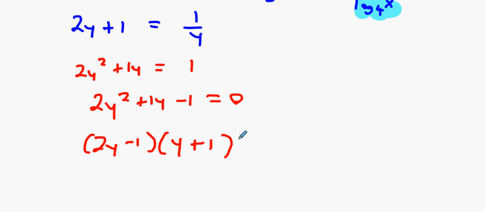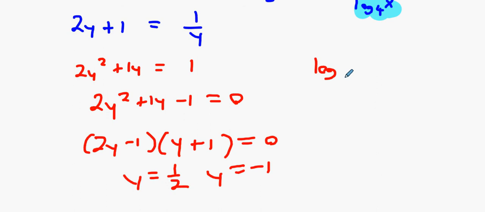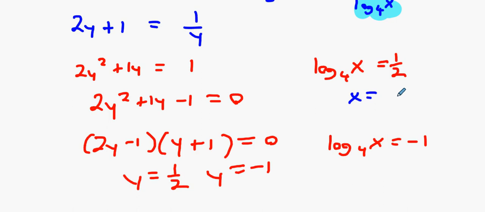We're cool with that. Y equals minus 1 and y equals half. What do I need to change that to then? Log x base 4 equals a half and log x base 4 equals minus 1. Now what do I do, lads? Raise to the power of 4. X equals 4 to the power of half, which is 2. And x equals 4 to the power of minus 1, which is